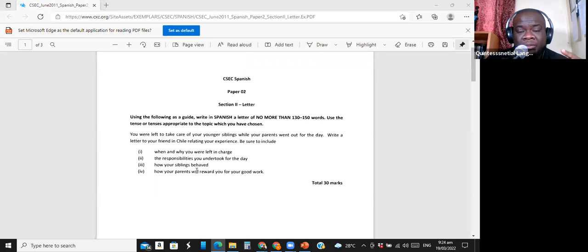Paragraphs 2 and 3, which is the body of your letter basically. Paragraphs 2 and 3 should include the points 1 to 4, so 2 points in each paragraph. In paragraph 2, include the responses to points 1 and 2. In paragraph 3, include the responses to points 3 and 4. And then your fourth paragraph is your conclusion paragraph, where you say, ojalá que nos veamos pronto. I hope to see you soon. Escríbeme pronto. Saluda a tu familia por mi parte. Greet your family or say hi to your family for me, etc., that kind of thing.